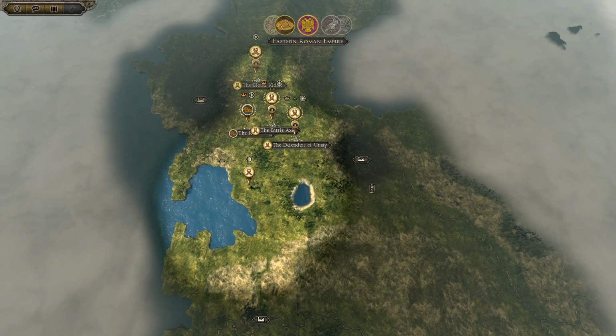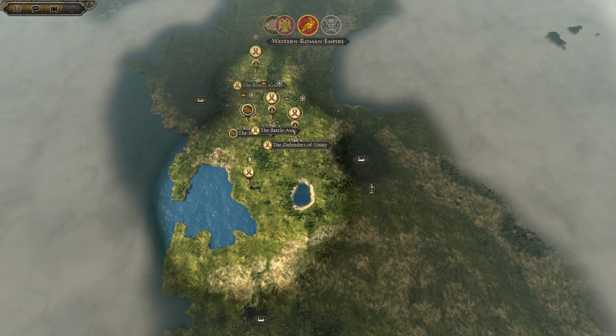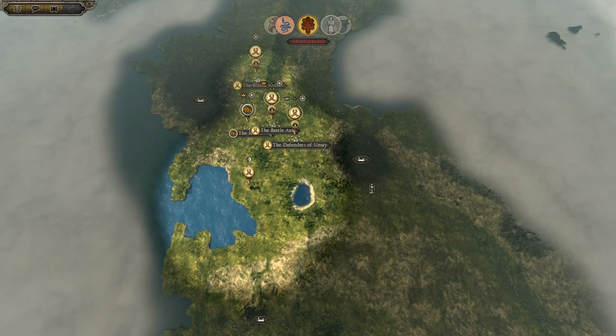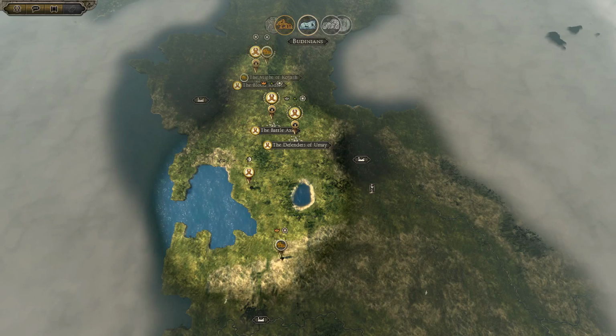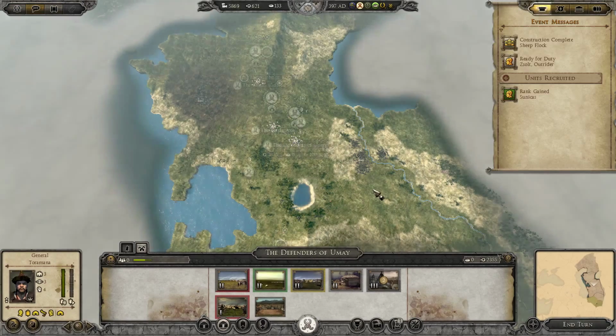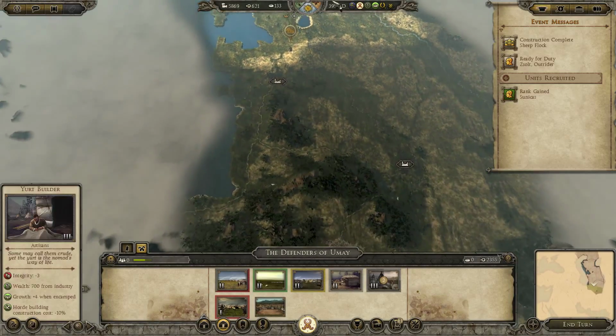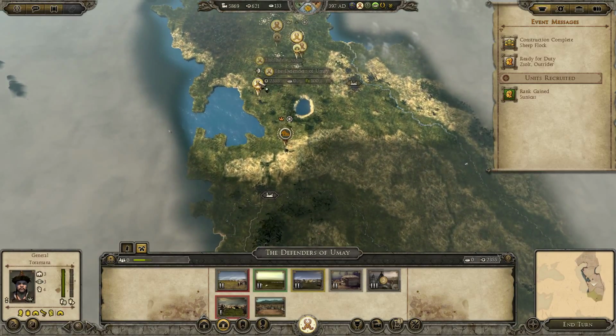So what we're going to do is chill out a little bit up in the north here, let these troops regain some strength, because obviously we can't just keep attacking, and to be honest I'm not that happy with the auto resolve. I'm sure we're taking a lot more casualties from the auto resolve than we should do,